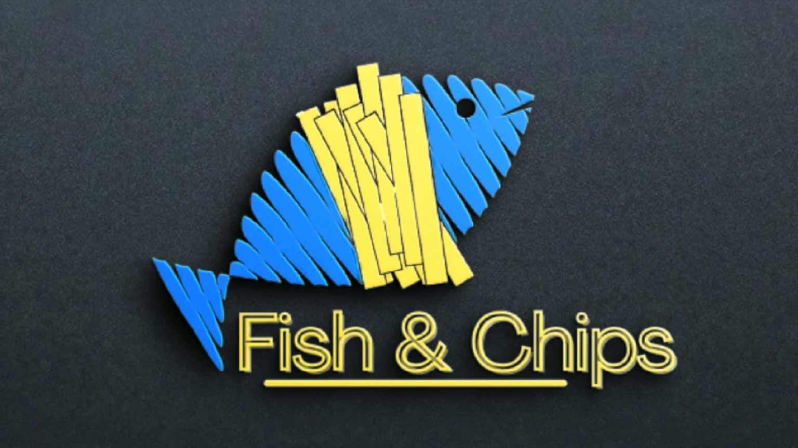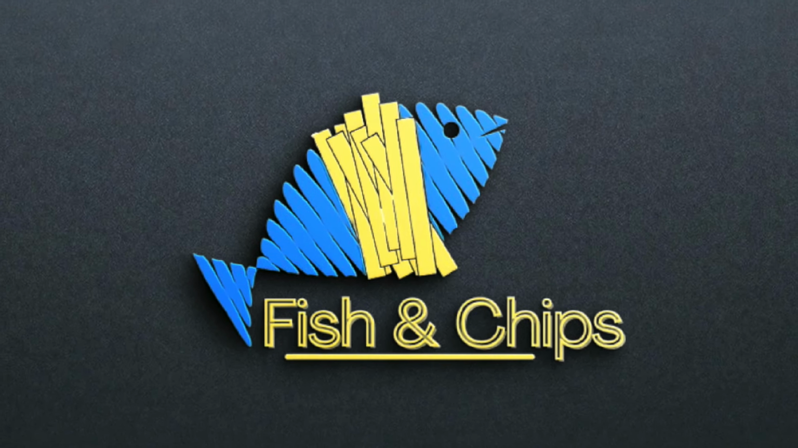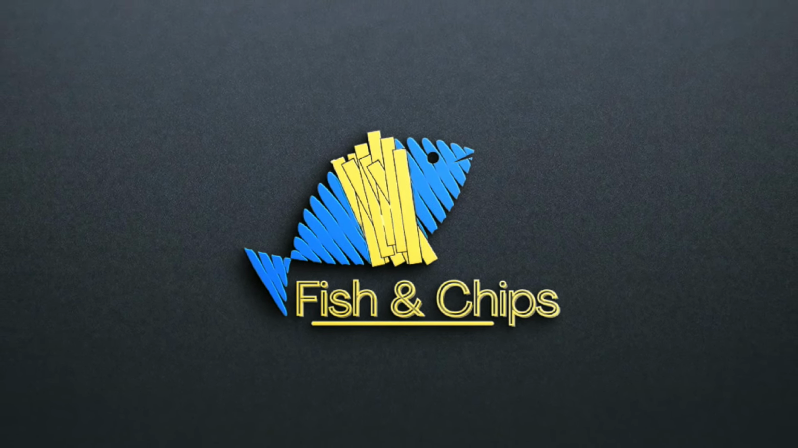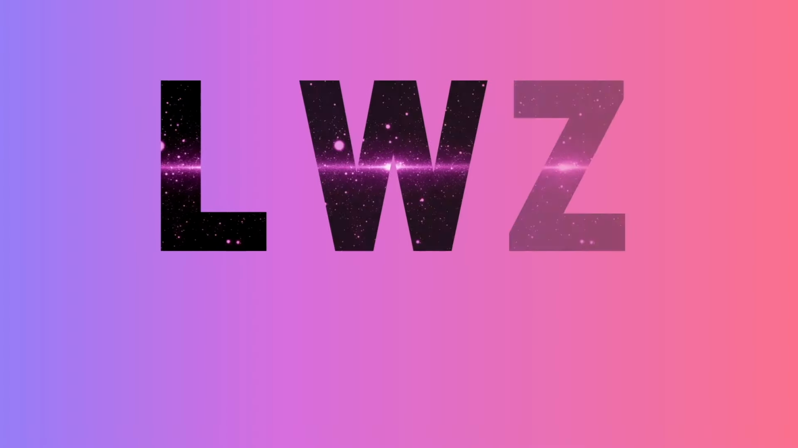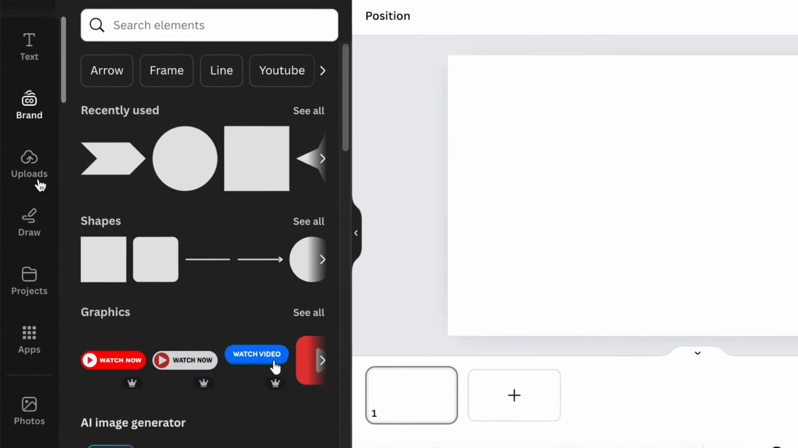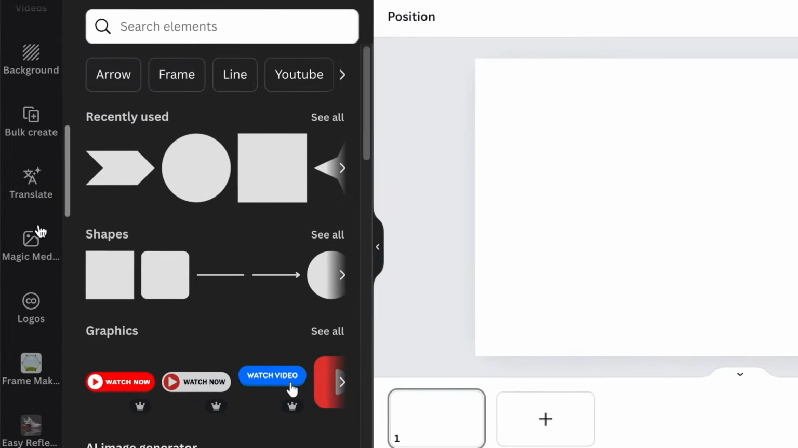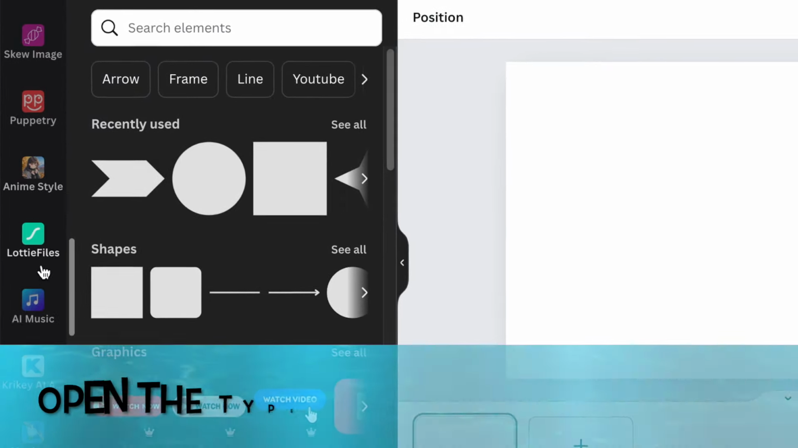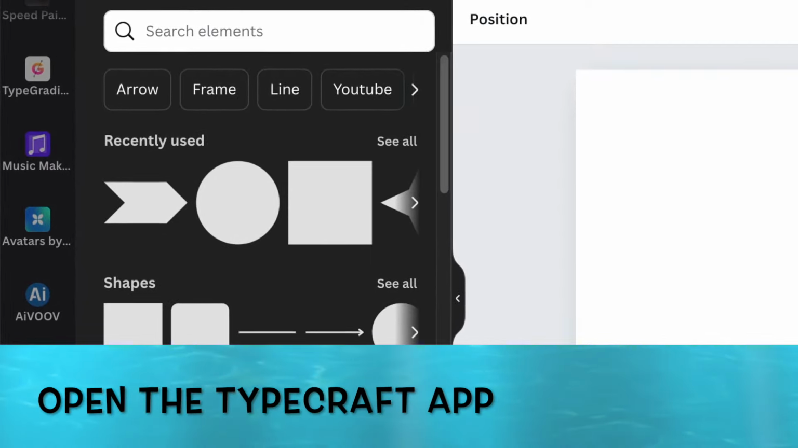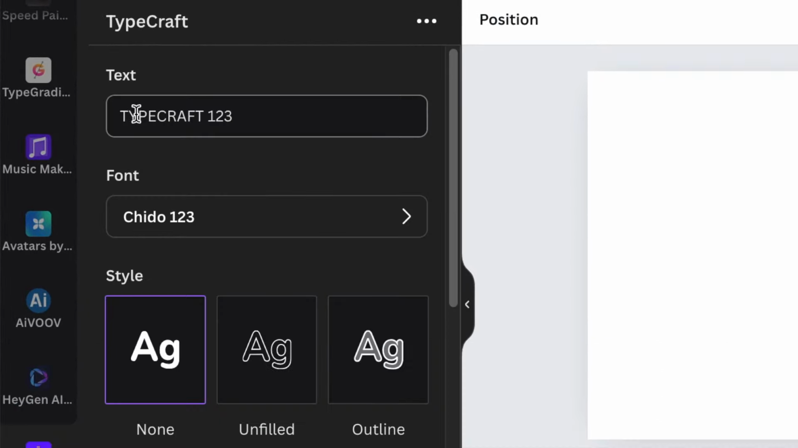Let's create this cool icon using Canva's TypeCraft app. Let's jump right in and create this quick logo. The fun way of doing this is you're going to scroll down and go to your apps and find the app that's TypeCraft, or if you've saved it like me because it's one of the apps that I use, go find TypeCraft. Once it's opened up, you're going to delete the text that's there and you're going to type over